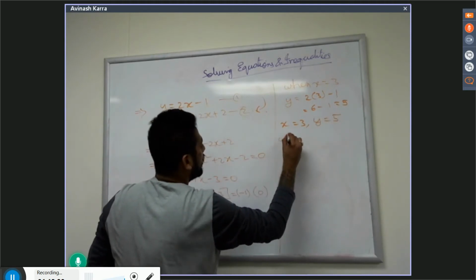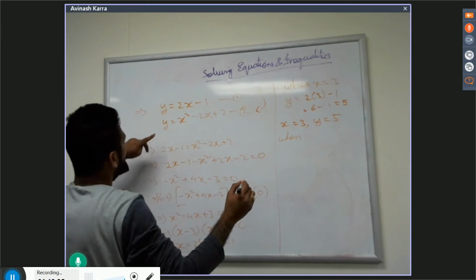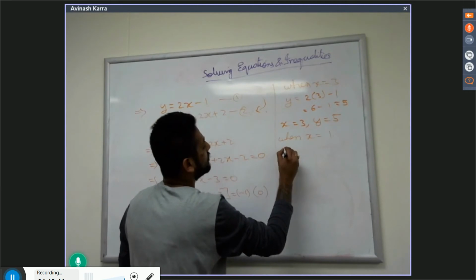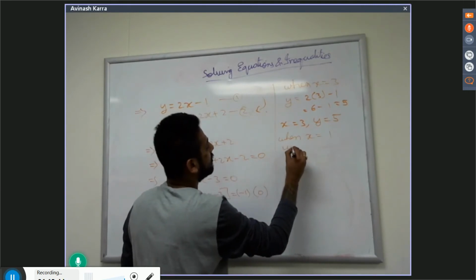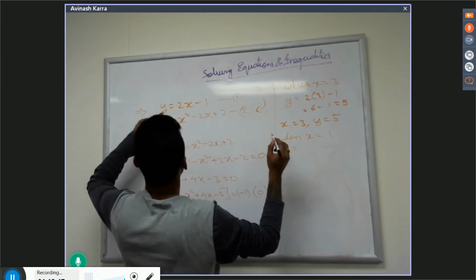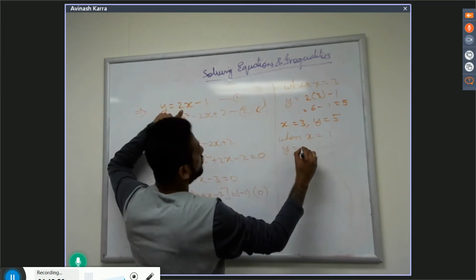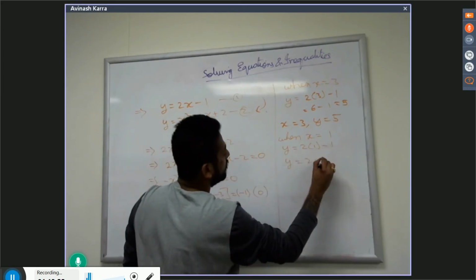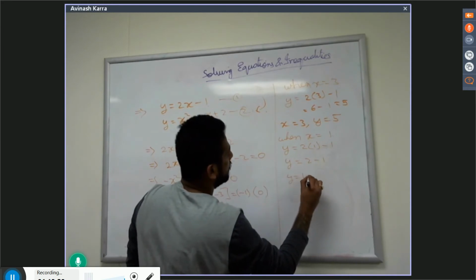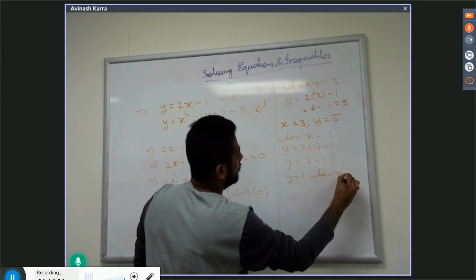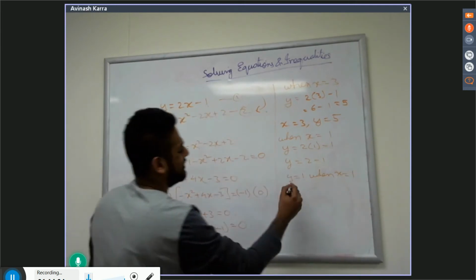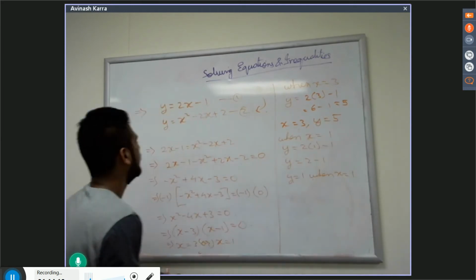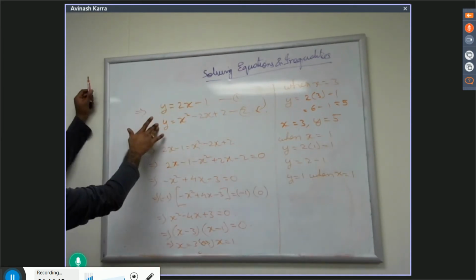And when x equal to, what is the other one? 1. When x equal to 1, then what will be the value of y? y is equal to 2 into 1 minus 1. y equal to 2 minus 1. y equal to 1 when x equal to 1. So when x equal to 1, y equal to 1, and when x equal to 3, y equal to 5. See, when you represent these two equations in the graph,